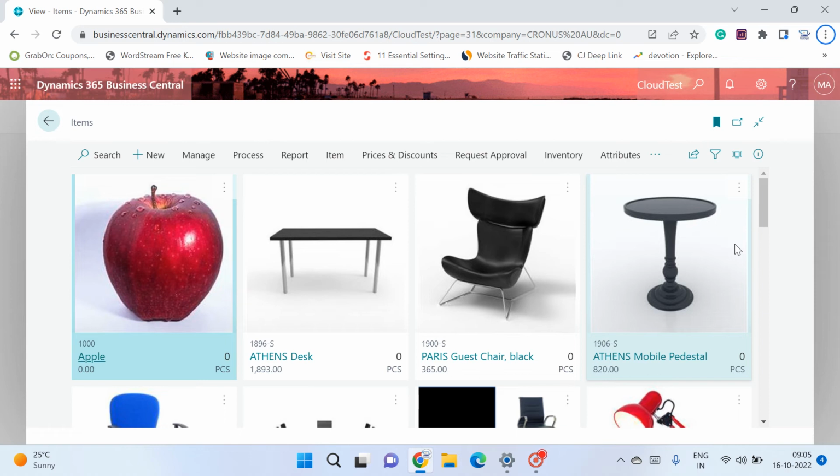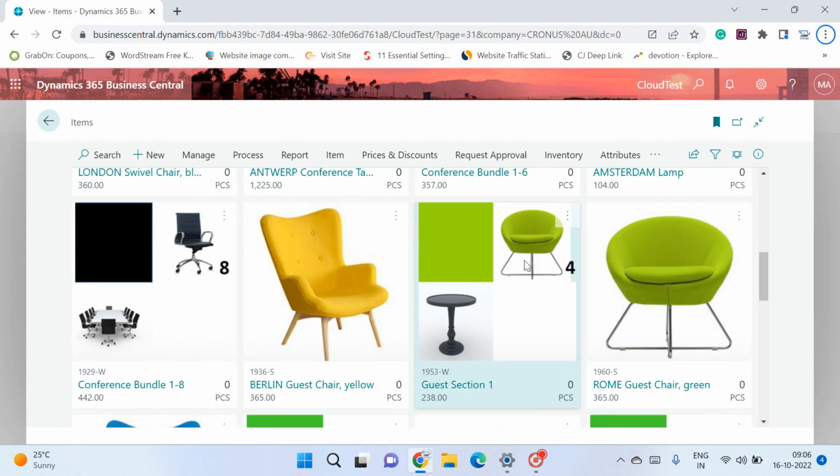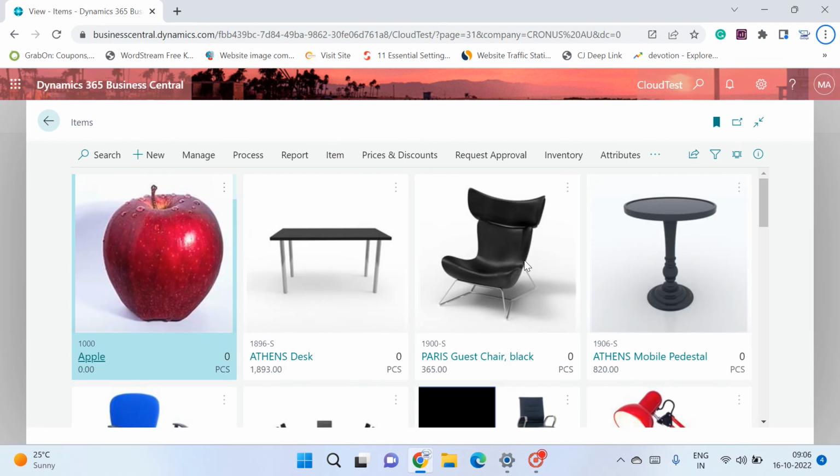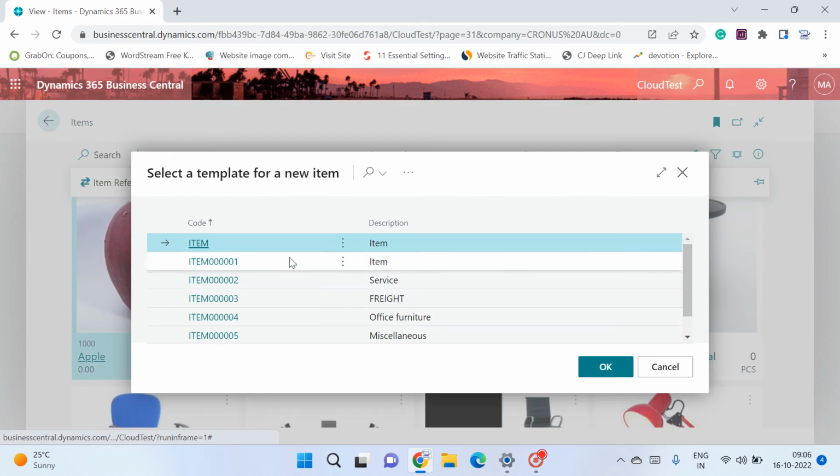Today in this video we will learn about the concept of item variant. To start with the concept of item variant, first of all you need to open up the item list. Here in my case this is my item list, and let's start from creating a new item, and then we will learn about its item variant concept. Okay, so here it is. I'm creating a new item,